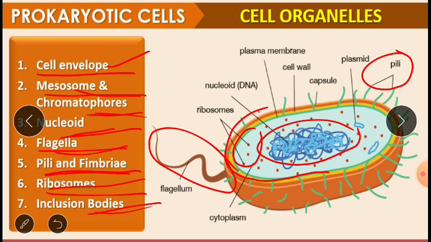This is about the prokaryotic cell, of which the one and only example is bacteria. Remember that they do not have any membrane bound organelles. Even the nucleus is not present with a nuclear membrane. So here we don't call it a nucleus, instead we call it a nucleoid, because the DNA is directly suspended in the cytoplasm.